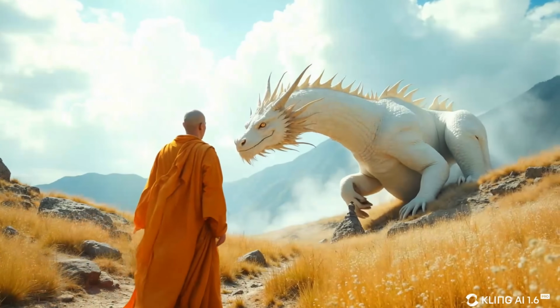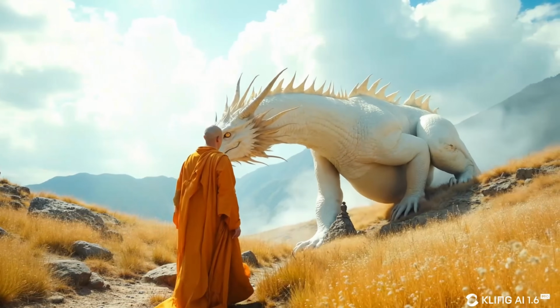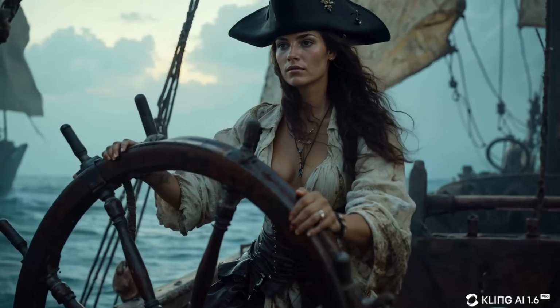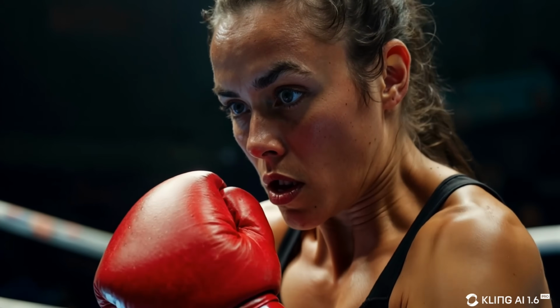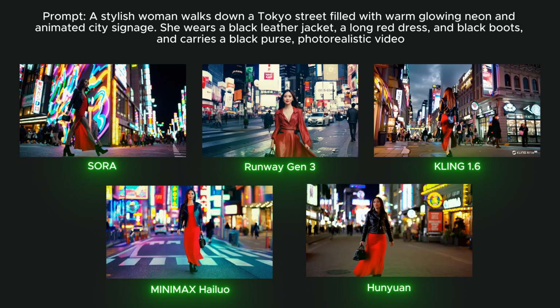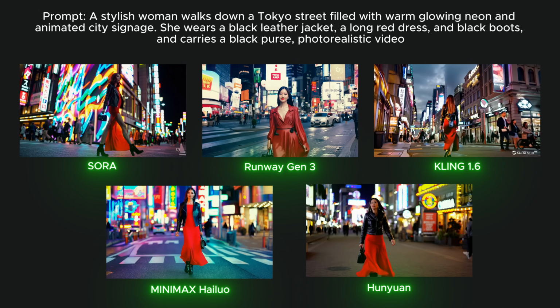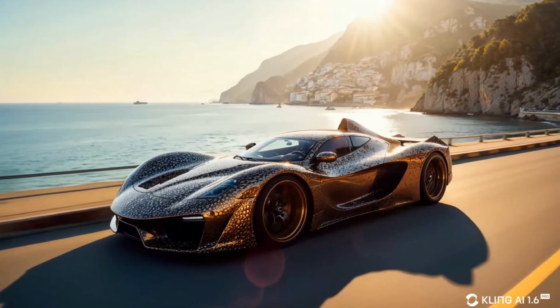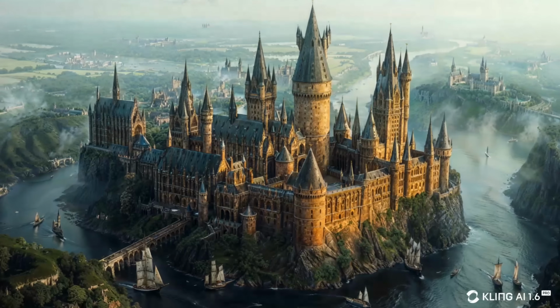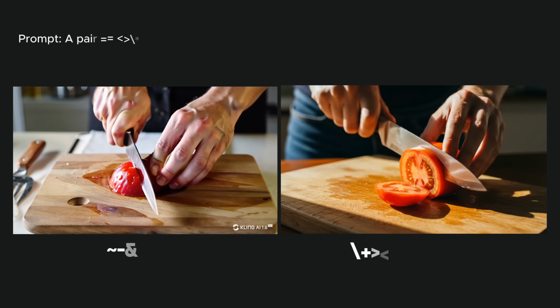In this video, we will take a detailed look at the recently released Kling AI version 1.6. We will compare the new model update with previous version 1.5. In the prompt battle, we will test Kling 1.6 against SORA, Runway Gen-3, Minimax and Hunyuan. And as we approach the end of this year, I will share my personal ranking of significant video models from